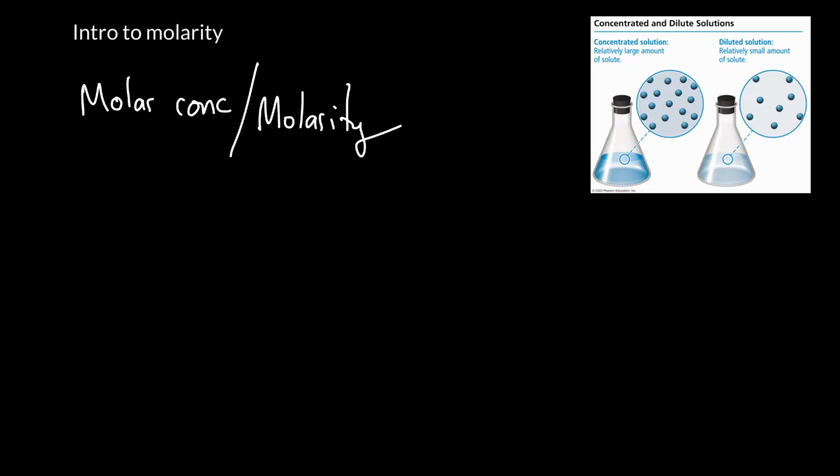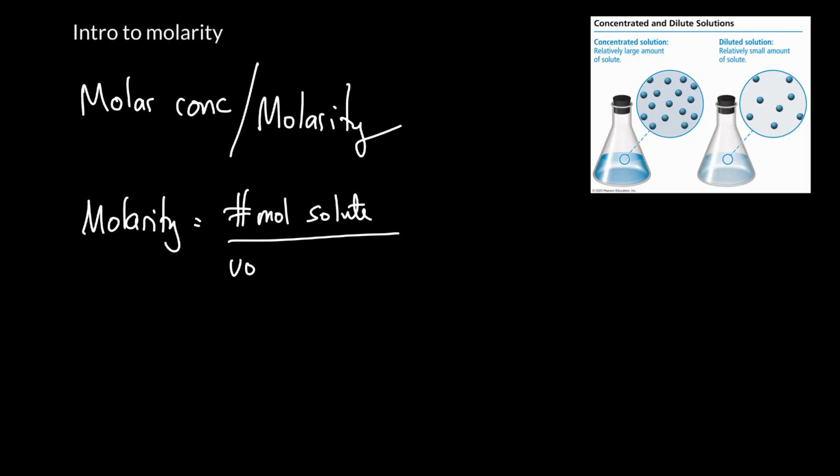And by quantitative, we need a number, so something that we can compare and do calculations with. And in chemistry, we almost always work with molar concentration. And molar concentration, or just conc for short, we often just call molarity, and this is our chemistry concentration. And we define molarity as follows. It is just the number of moles of solute divided by the volume of the solution